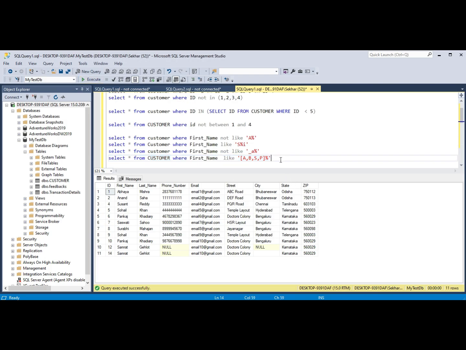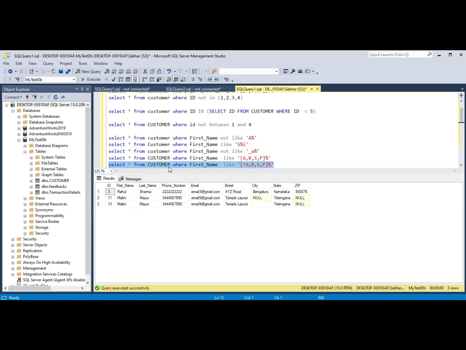Or in case your requirement is the opposite, you don't want the names to start with these letters, you can give this negate symbol here. Just watch what it is doing.